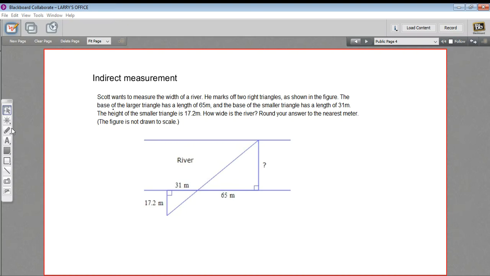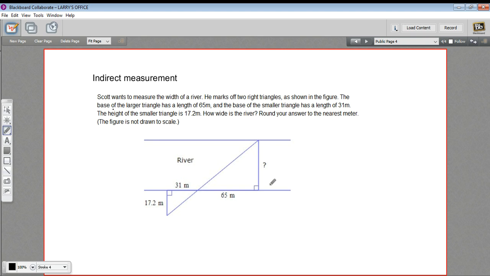In this problem, we're dealing with something called indirect measurement. And the idea here is that if you can set up two similar triangles that have their sides proportional to each other, you can measure the side of the smaller triangle that corresponds to some side over here of the bigger triangle that's a hard thing to measure. So for example, this side of this triangle represents the width of a river,